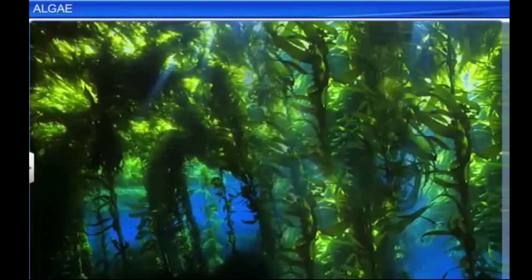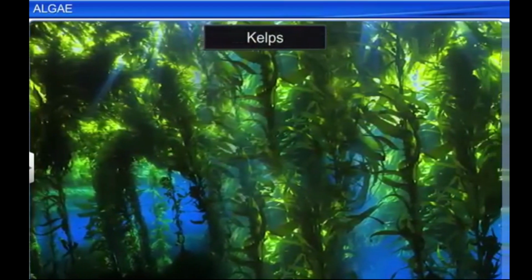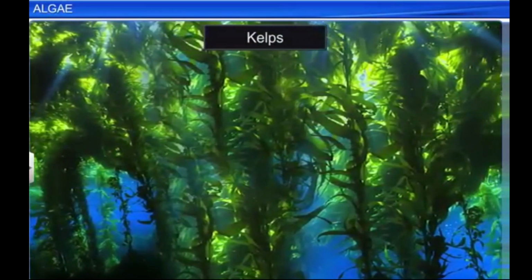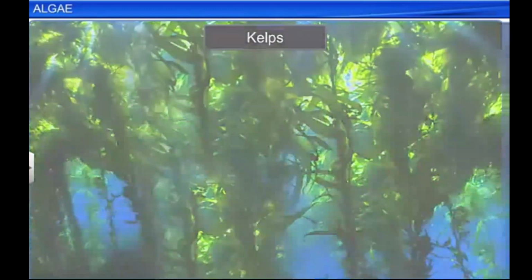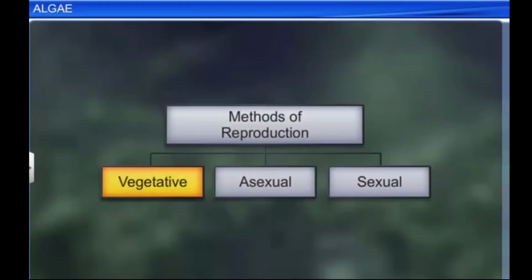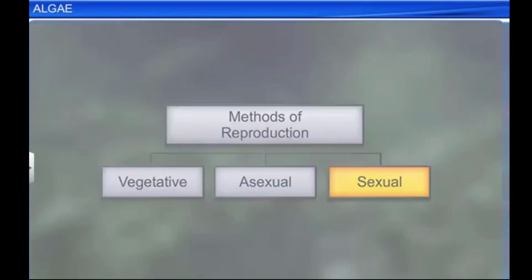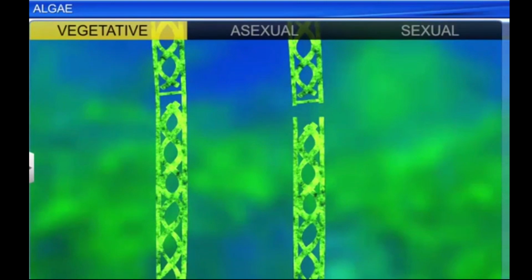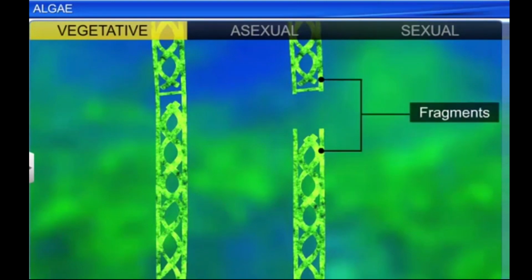On the other hand, kelps form massive plant bodies. Algae reproduce through vegetative, asexual, and sexual methods. Vegetative reproduction occurs by the process of fragmentation, wherein each fragment develops into a thallus,